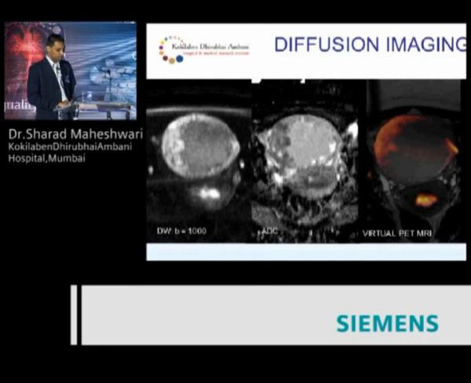Now this is diffusion, b value 1000. You can see the papillary projection in the ovarian cyst, bright, with ADC drop. Again, as I said, the clinicians are not happy, the images don't help them. So it's a good idea to superimpose, do a fusion, and it automatically gives color and they are very happy. In the same patient, you can see there is an ADC drop in the endometrial canal. There was a polypoid lesion. This was an adenocarcinoma, an endometrioid carcinoma of the endometrium.